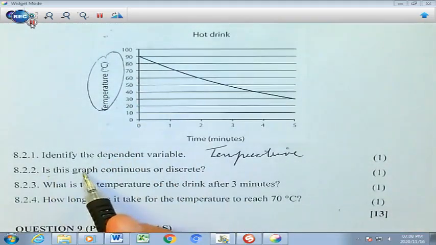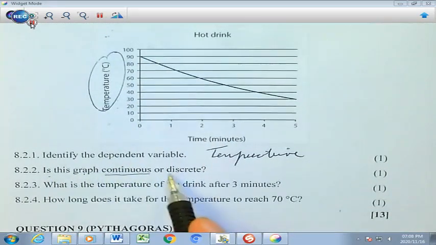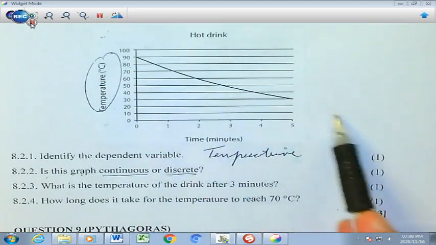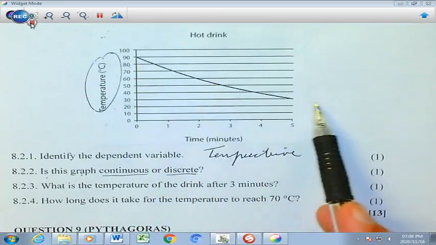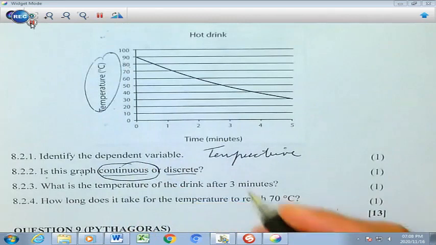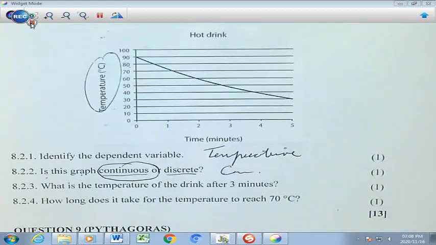And then in this graph, is this graph continuous or discrete? Continuous means, is there a line connecting certain points, or is it just plotted points? I can clearly see that there's a line connecting various points here. So the graph is in fact continuous. So you can write the word continuous down there. And then